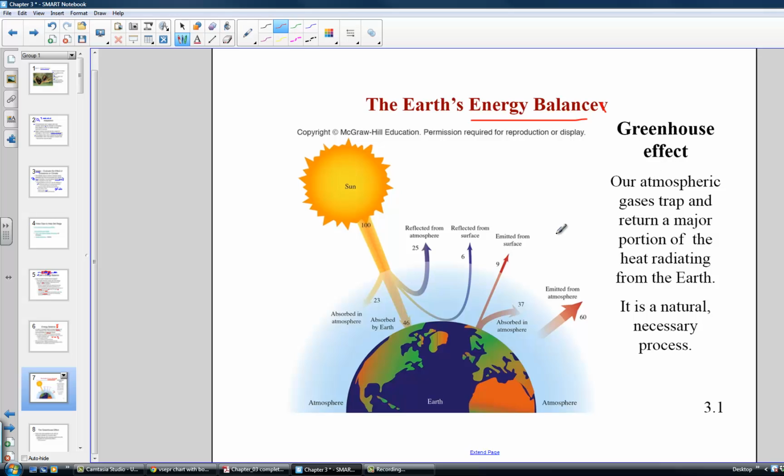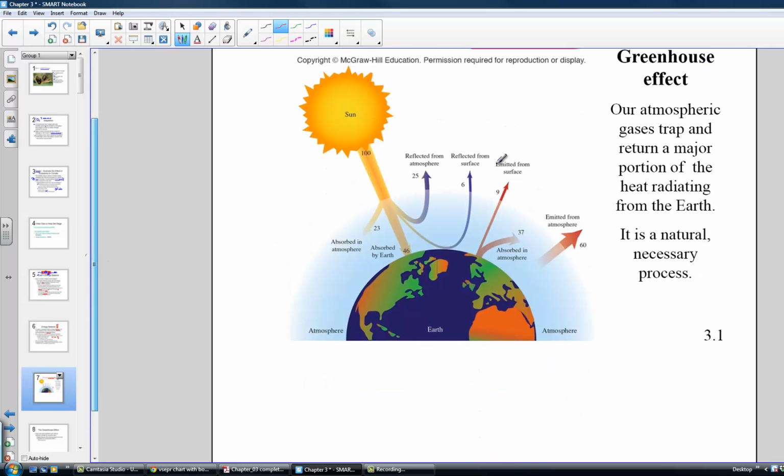So here we have the Sun and 100% of its radiation coming towards the Earth. Now let's take a peek at how it's being manipulated. So here we have 100% of it coming down. See how it begins to split? As soon as this is the atmosphere of the Earth, remember here we had the troposphere and the stratosphere and the mesosphere, we start to hit these particles of gases known as our atmosphere. And as soon as some of this radiation hits, it reflects right back up. So as soon as it hits some of these particles, about a quarter of it reflects.